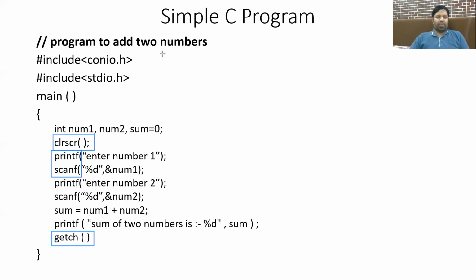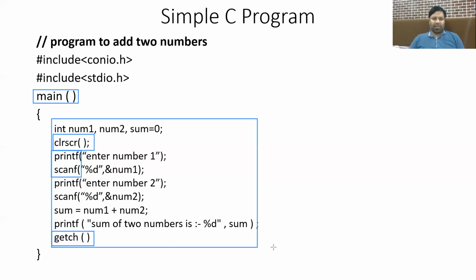Now the whole program is clear other than what is this? main. Main is called a function, and the property of the C program is that you cannot write any executable statement or any line without the main function. So every coding has to be done inside the main. As you can see in this program, the whole program has been written inside the main function. So what is the main function?